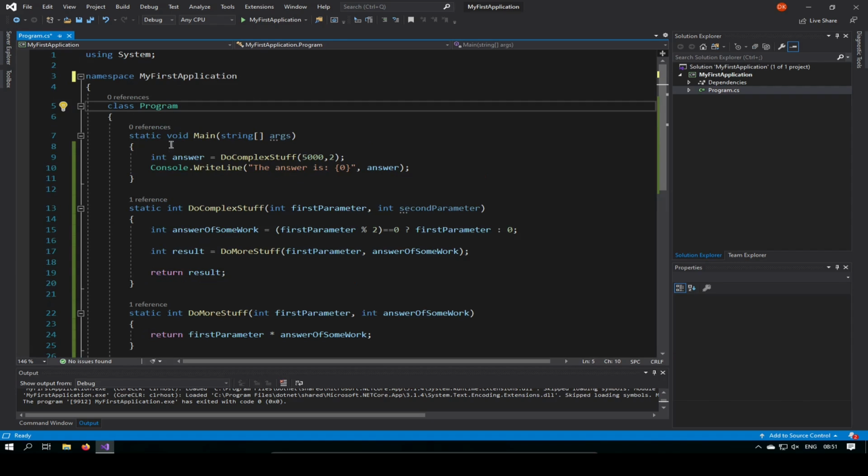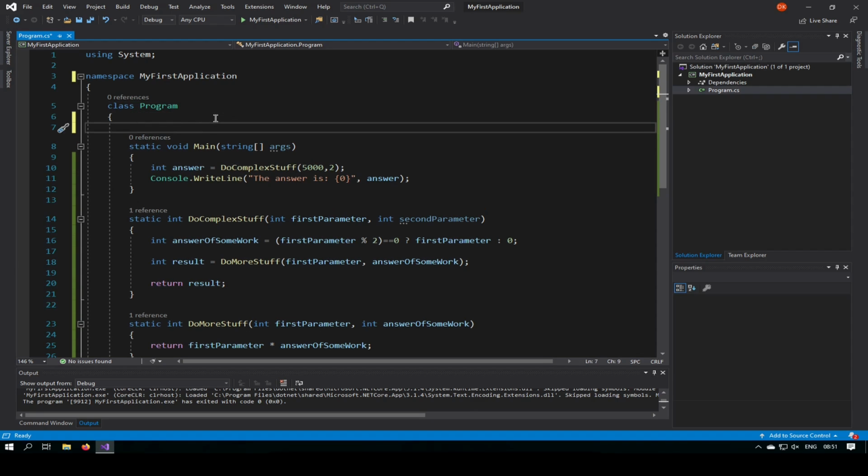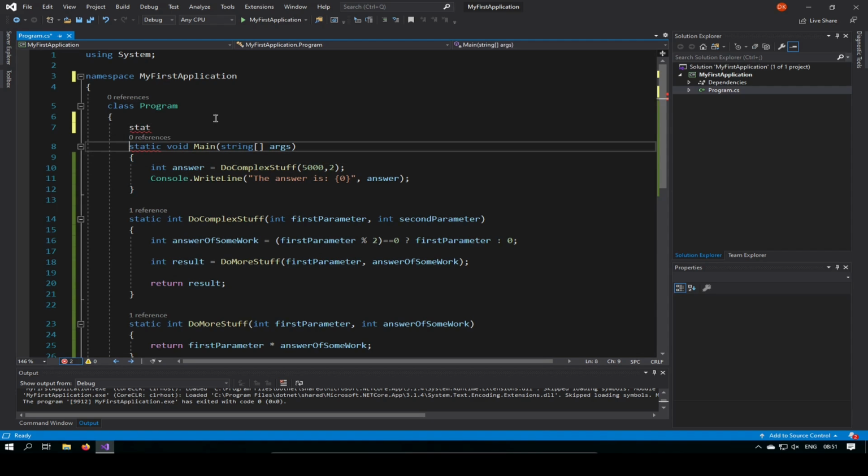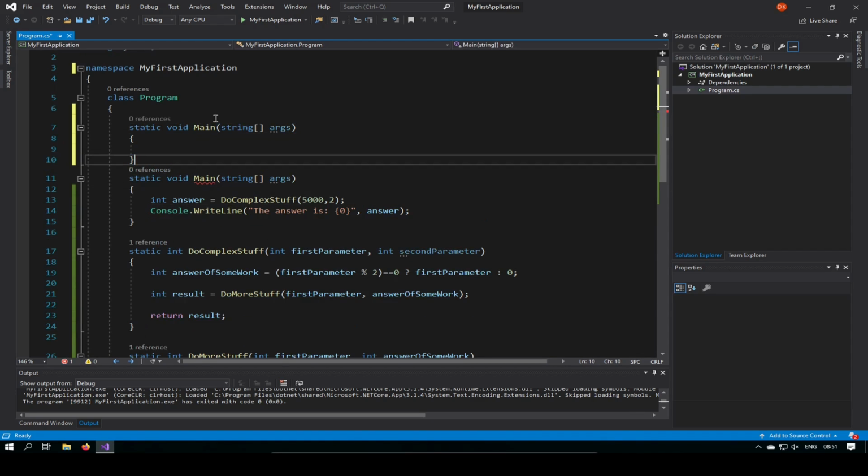So things happen inside that module. You can have a different class, this one is called class program. It could be called class bicycle, and it might also have a main method. And that's fine, it can exist. But you can't within the same module. Let's say I want to create another static, let's just copy this. Say I want to take this, make another method called the exact same name,